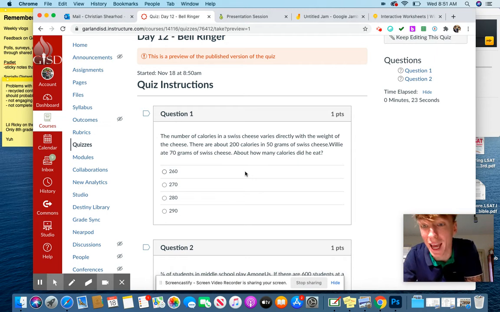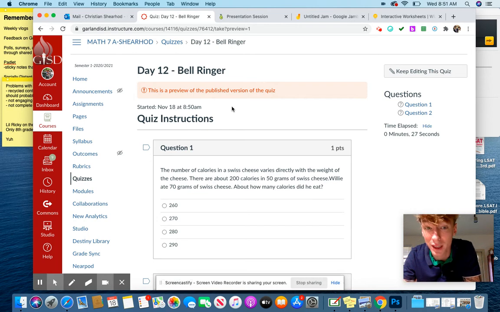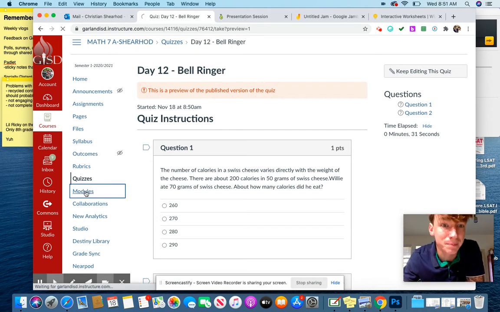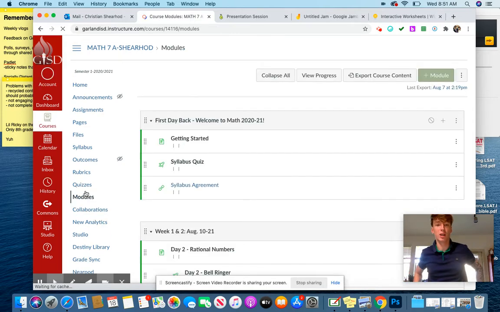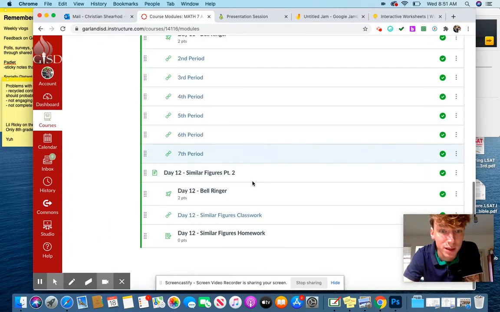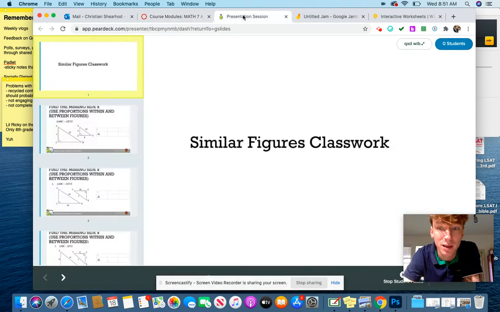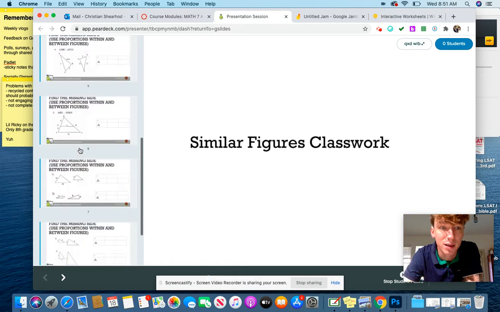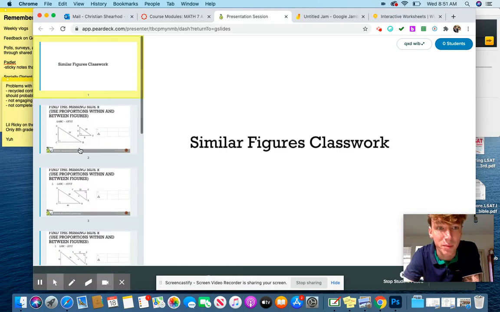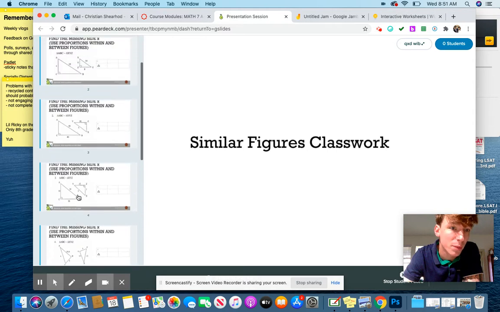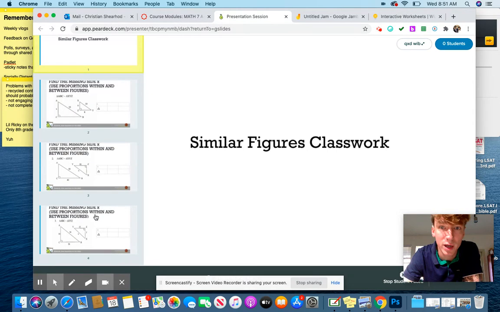Guys, submit these, okay? I actually grade these. There's a lot of busy work that teachers give you that they don't grade. I grade these, okay? So get this one done. Once you're done with your bell ringer, you're gonna go back to your modules. You're gonna go all the way down. If you click on this link right here, it should open up this Pear Deck, okay? And you should be able to work on this whether I'm there or not. Should be just fine. I'm gonna help you work through the first 3 of these real quick,